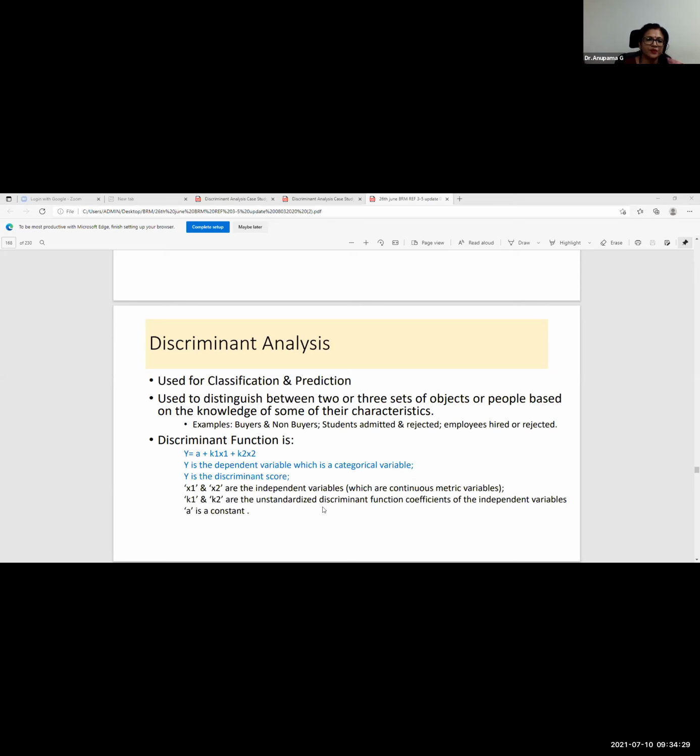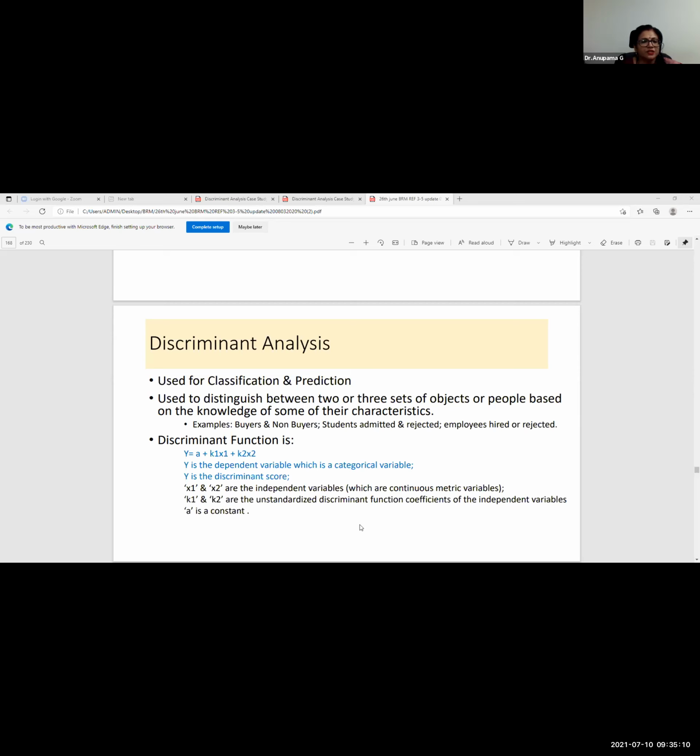In the first case, if you recall Procter and Gamble, the independent variables were the amount of sales, the sales coverage, the dealer coverage, number of dealers covered, all of which is in amount. And in the second case study on discriminant analysis, the retail outlet, what were the independent variables? The independent variables were the annual income and the household size, right? Annual income was a continuous variable, in currency terms, and the household size was in numbers, 2, 3, 4, 5, which you can average, all of that.